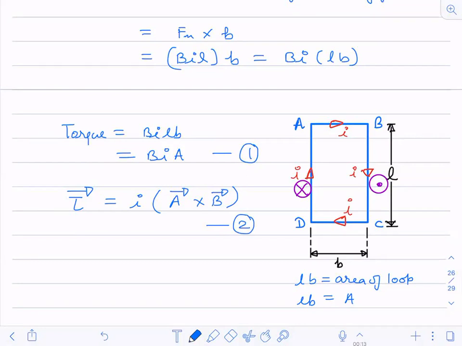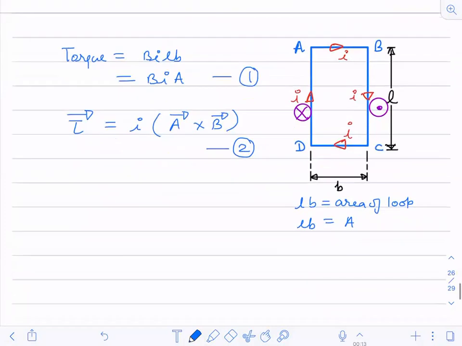Here I want to discuss the direction of the area vector, because the magnetic field vector will be given to you. Magnetic field is an external vector. But what will be the direction of the area vector in magnetism? In electrostatics, it was always perpendicular to the area. Here also it will be perpendicular to the area only, but it must be taken in the sense of current.